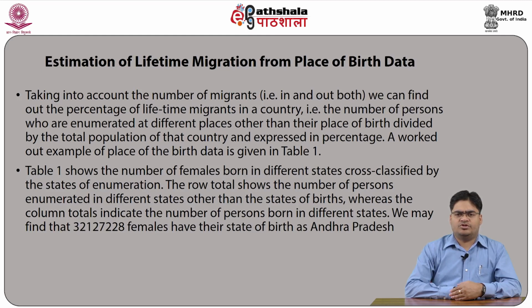This table shows the number of females born in different states cross-classified by the states of enumeration. The row total shows the number of persons enumerated in different states other than the states of birth, whereas the column totals indicate the number of persons born in different states. We may find that